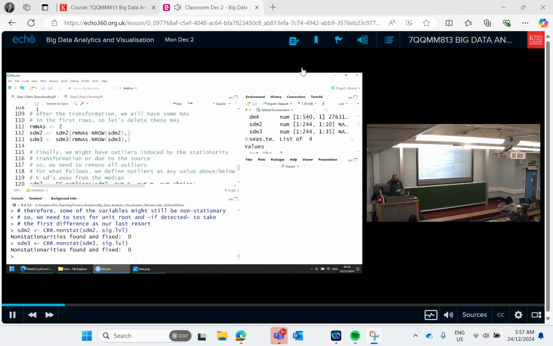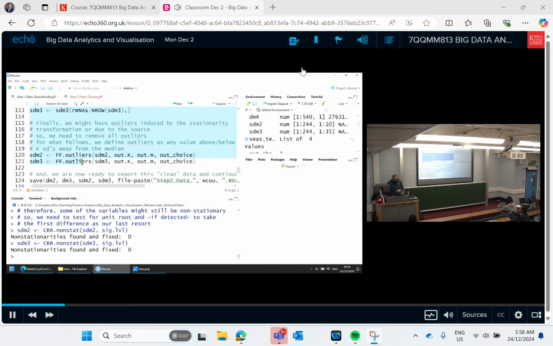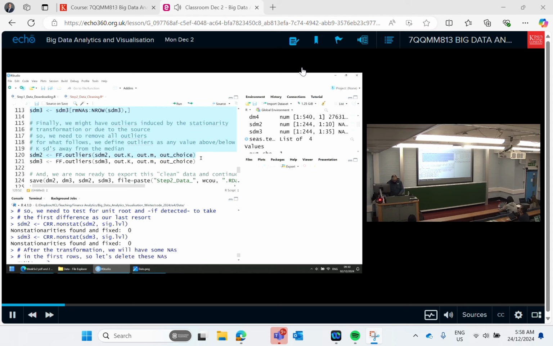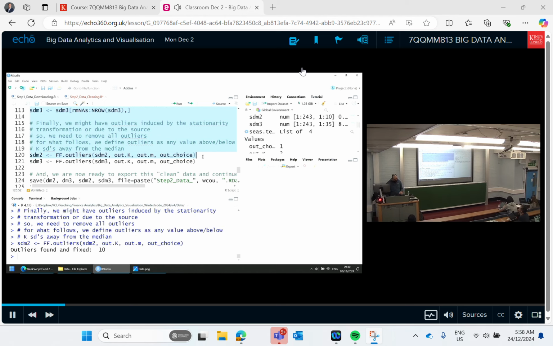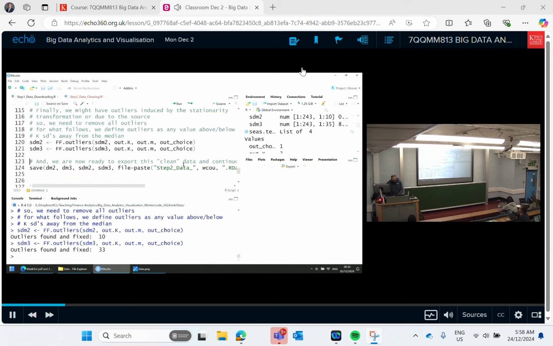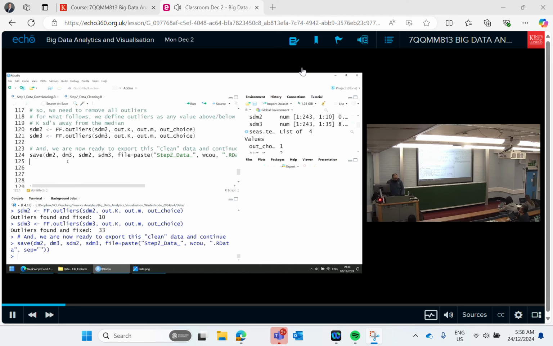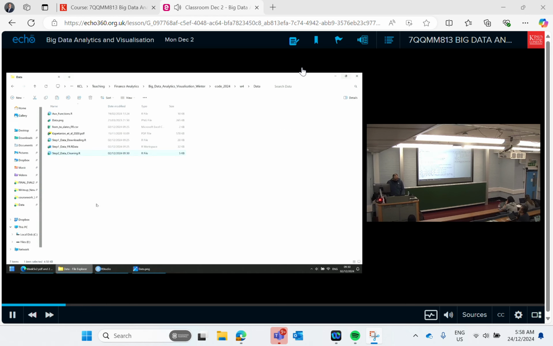So we have that, and the rest, here we have the outliers. Let's check for the hard data. Outliers found and fixed in 10 variables, so all of them, and here 33. I guess it's the COVID case. And now we simply save this file. And that's it, end of story. Now in the directory, we have another file, step 2 data fr, and this is now the clean file we want to use. So I copy it from here,